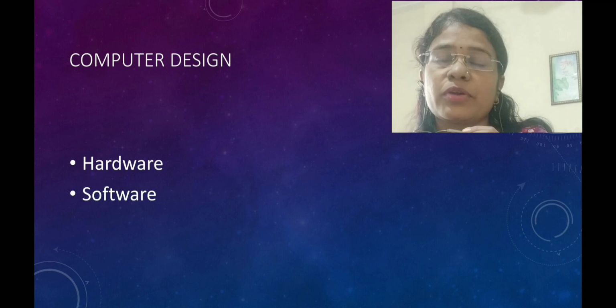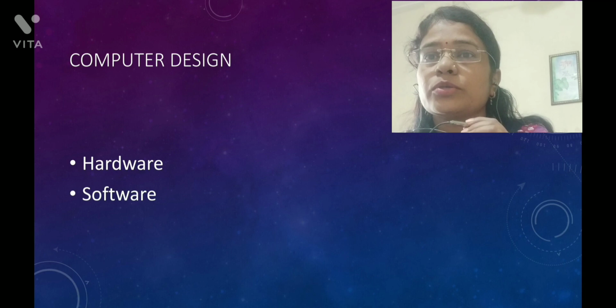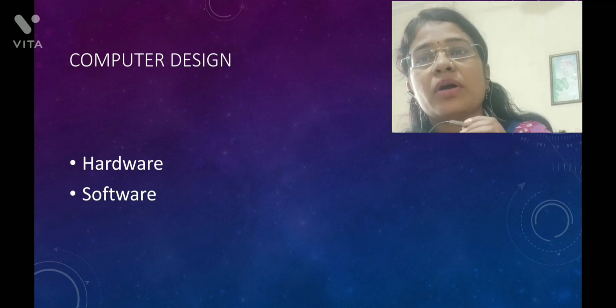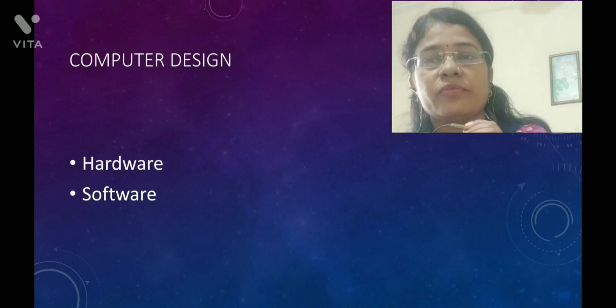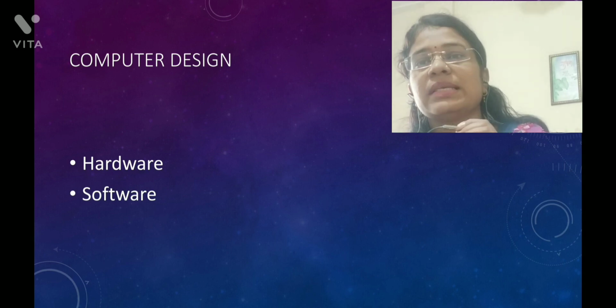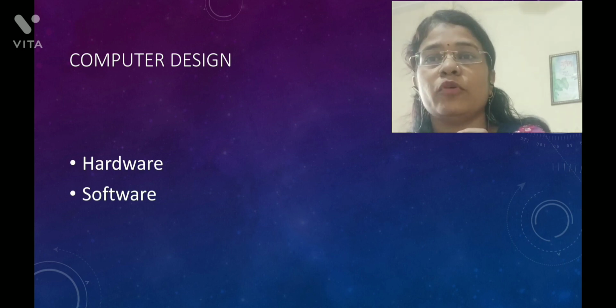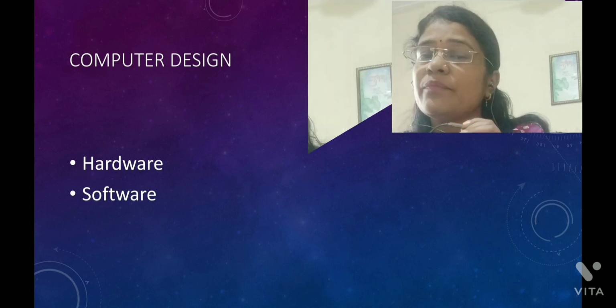Whatever instructions we are going to give to the computer, whatever result is prepared, all that data gets stored into the memory unit. Okay, if you are going to perform any arithmetical or logical operation, then that operation can be performed with the help of arithmetic and logic unit, and afterwards, after this processing, your result gets prepared. So from taking the input to processing the data and preparation of the result, all these operations are controlled with the help of control unit. So all these are the main functional units of the computer system.